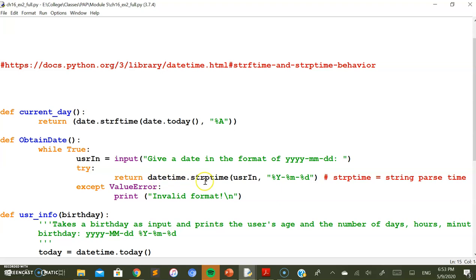So datetime.strptime is going to parse the input into a time. The expected format here is year, month and date. If this format has not been used by the user, then you will get an error message: invalid format. So this part will allow the user to enter only the date. So once that has been done,